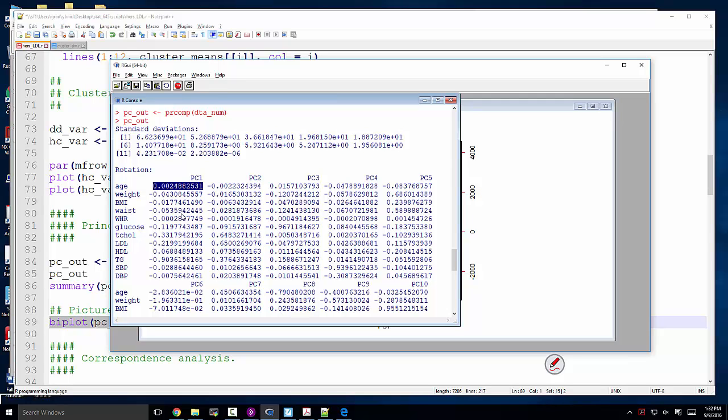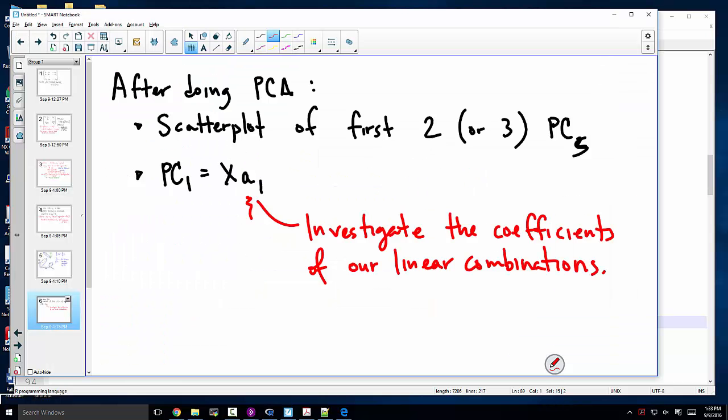Interpreting these coefficients is somewhat subjective, and what people typically do is try to ignore the coefficients that are small and really just focus on the big in magnitude coefficients. So roughly speaking, let's say we ignore all the numbers below 0.1. We think they're insubstantial, relatively speaking. What we would say principal component 1 represents, let me write it down,